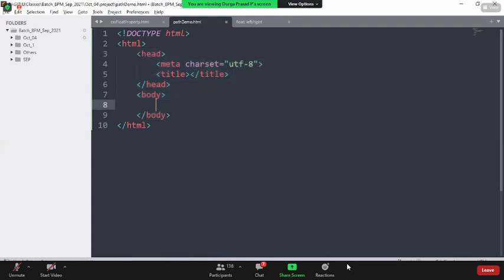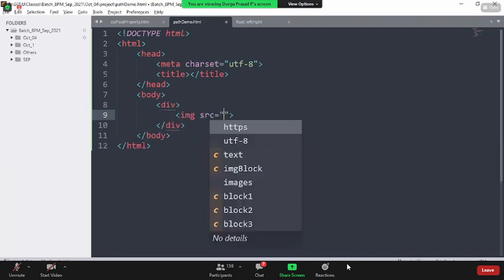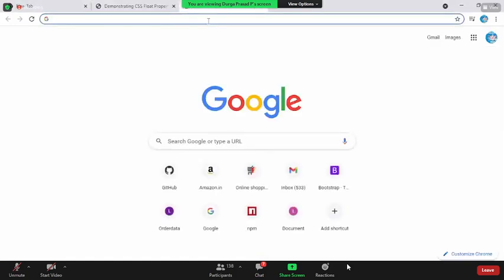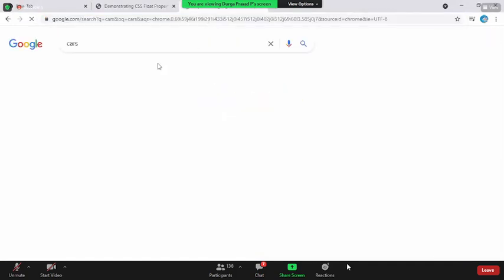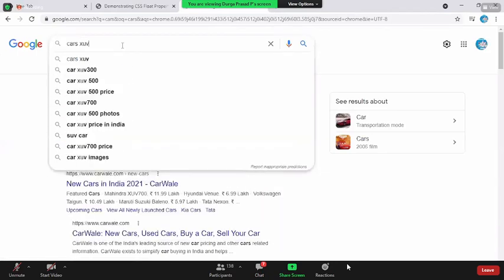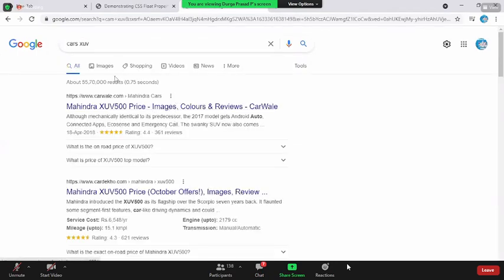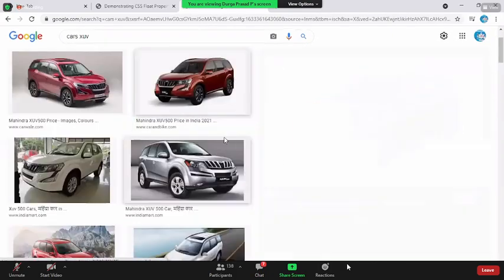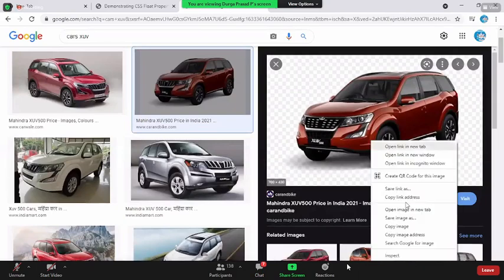Okay. Now I add some div tag. Under that, I go for some image tag, src. Let me copy some images. I want to get some image here, say some hearts. Okay, something like this. Let's copy this.